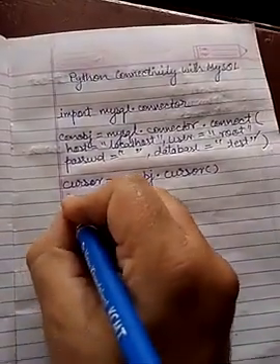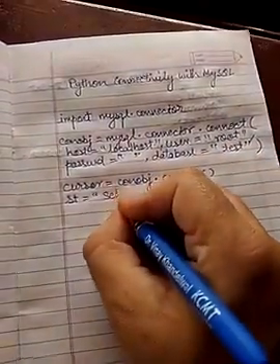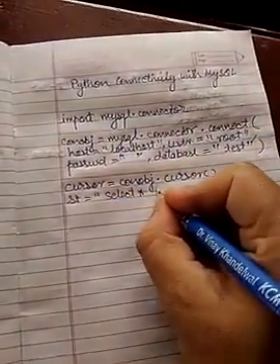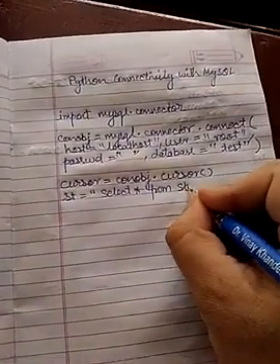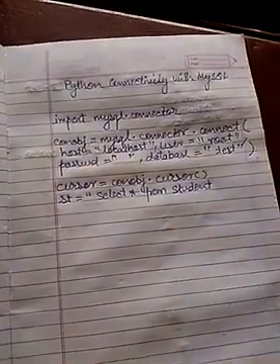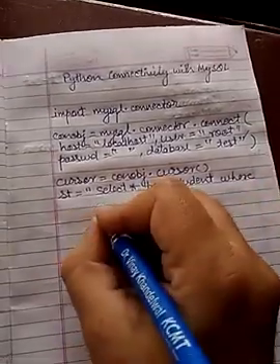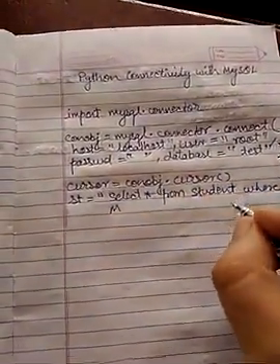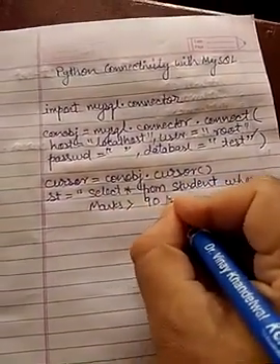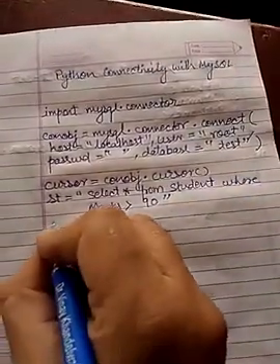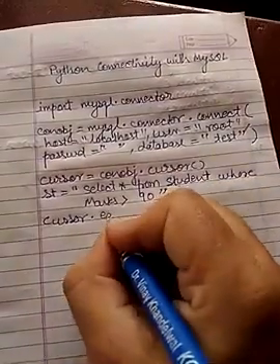Now we are writing the SQL statement, whatever we want to perform. Select asterisk from table. Let us take table student. If any condition is required to be specified, then where clause. Suppose we are retrieving the record where marks is greater than 90, so where marks greater than 90. Now cursor dot